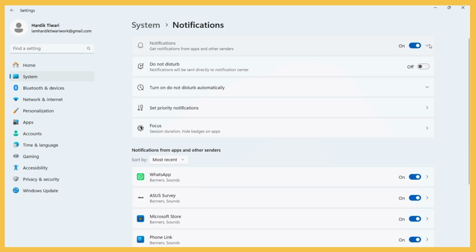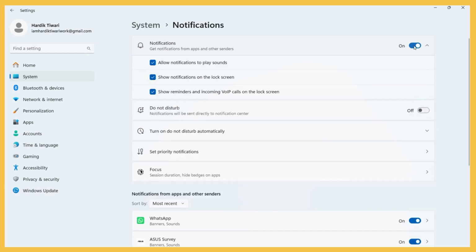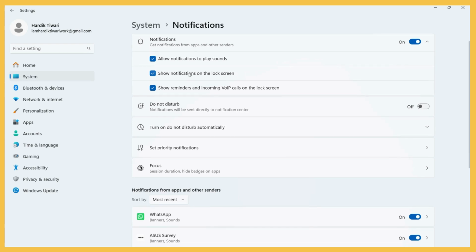If you want to change other settings, then you need to turn this toggle on, and then you can enable or disable other settings like allowing notifications to play sounds, showing notifications on the lock screen. If you want to disable the notifications on the lock screen, then you may uncheck this particular icon. And if you want to show reminders and incoming VoIP calls on the lock screen, then this check mark is